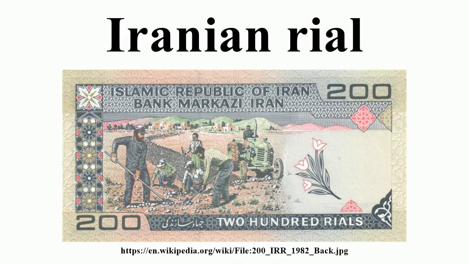Pre-unification, Rials per US dollar market: 8,200, 8,050, 8,350 preferred, 6,906, 1,753,